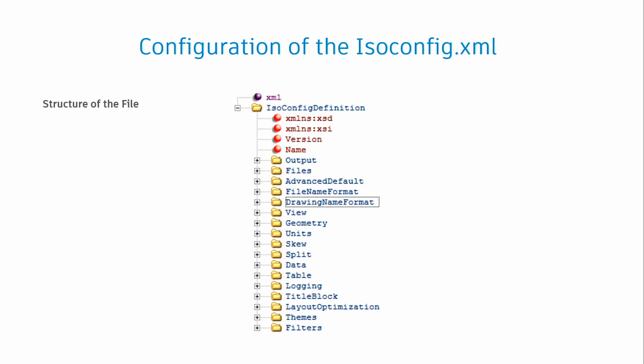A theme is a named configuration, especially for dimensions and annotations, but also for symbols, insulations, and bends and elbows. There's a main theme with the name default and some override themes. The override themes will be used if certain criteria are met. When these criteria are met, the settings of the override theme will override the main theme.